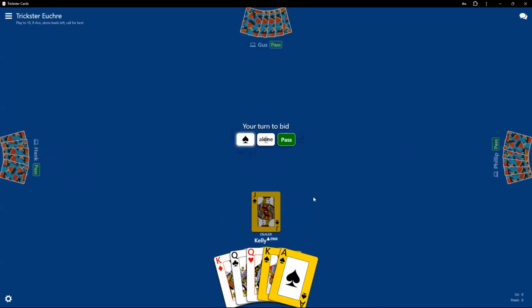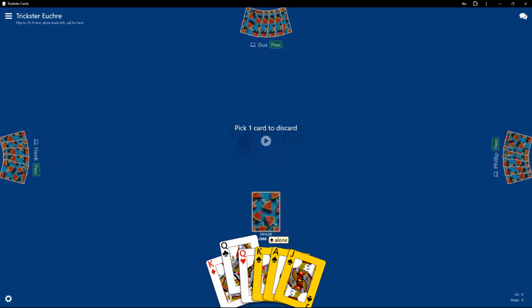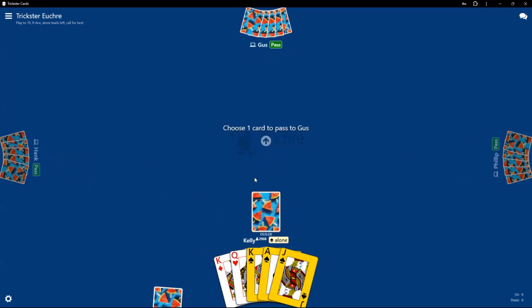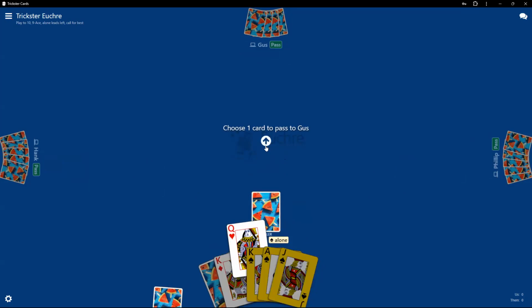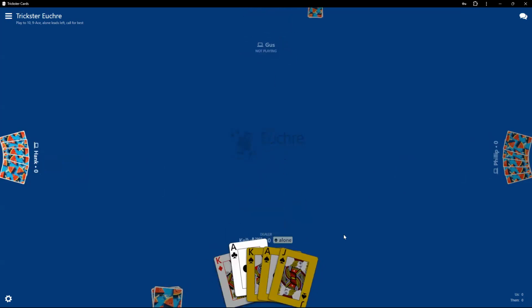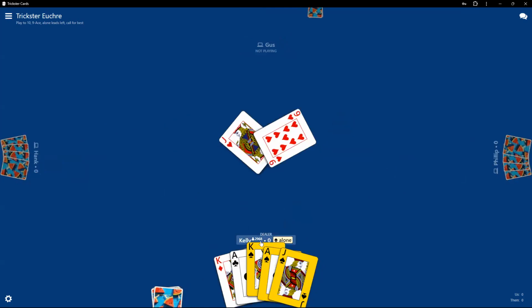So here's a good example. When you are the dealer and you're going to go alone, which I'm going to do, I get to get rid of this queen. Your chances of taking a trick with something that is not an ace of an offsuit is going to hurt. Oh my gosh, I thought I was getting rid of two crappy cards. Okay, that's not bad. My partner gave me an ace, which is going to help.